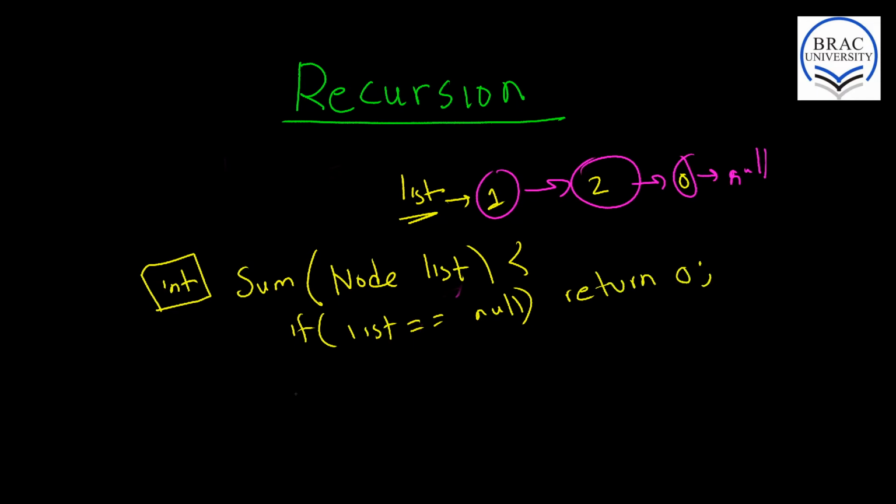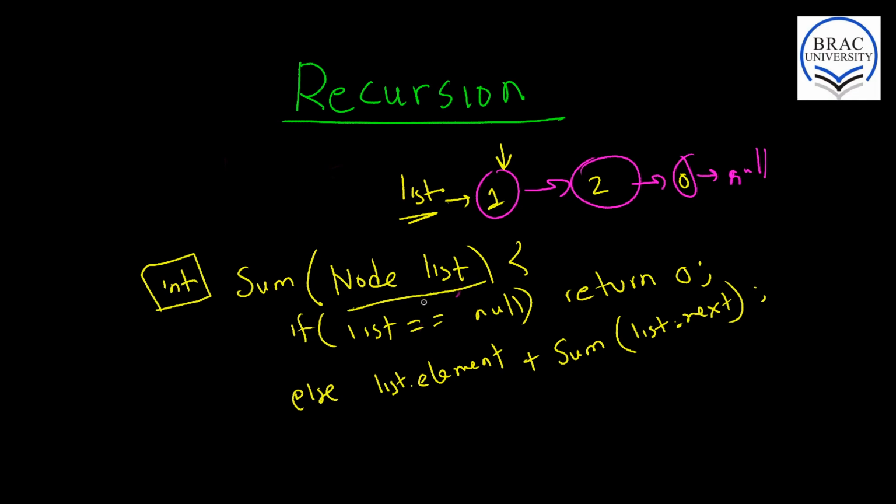Otherwise, else we will return the value of that node, which is list.element, plus sum of list.next. So the sum from list to the end of the list is list.element plus the sum of the rest of the list. If we simulate this here,